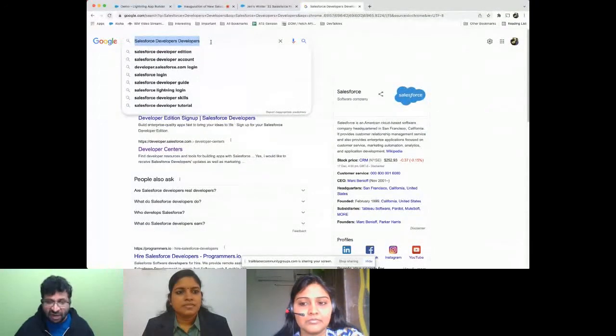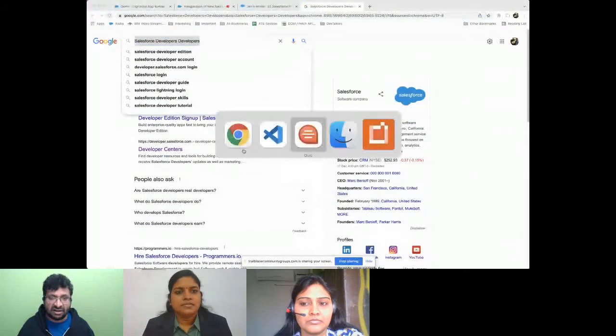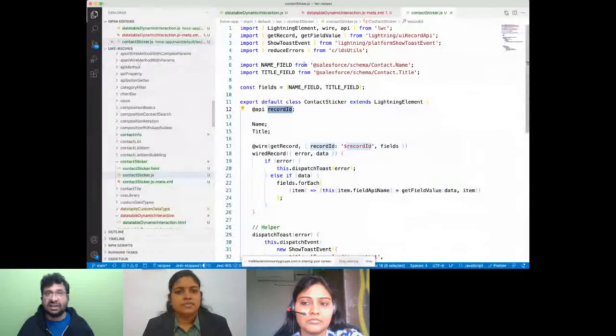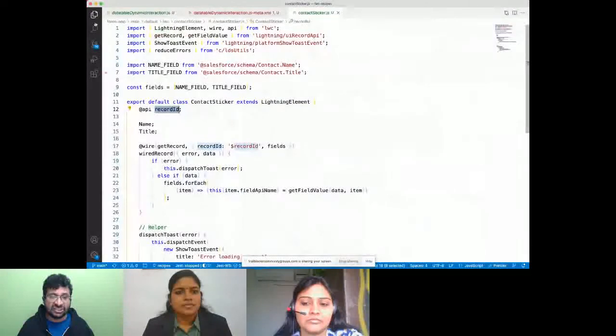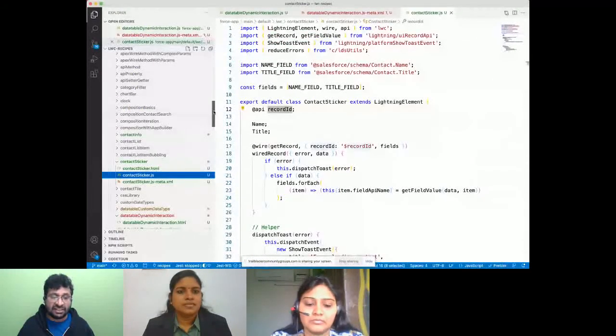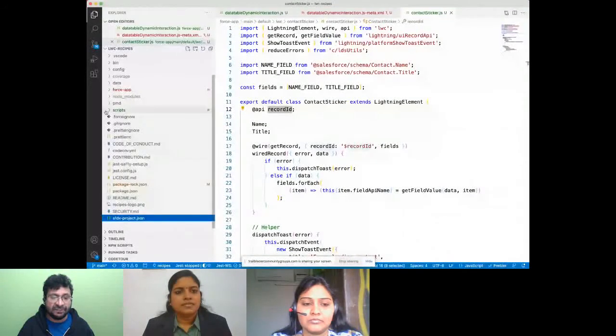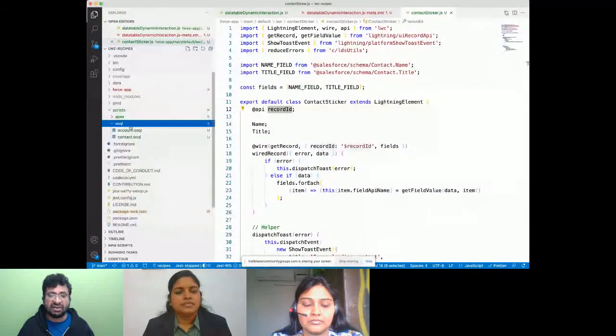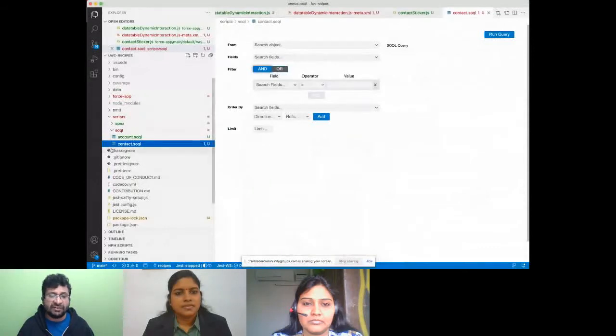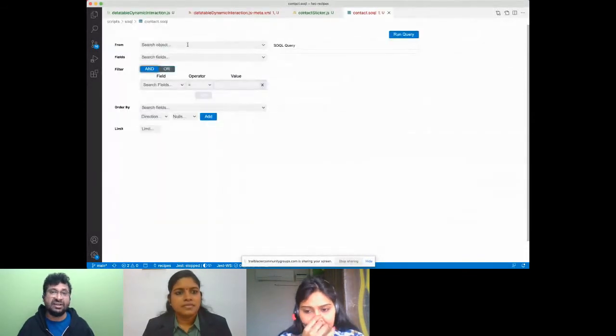And one more thing before I conclude the developer updates is we have something called SOQL Builder, which is generally available now. If you have some SOQL files in your file structure, for instance, I have created a scripts folder, and in my scripts folder I have created a contact.soql file. Whatever file you create, when you create a .soql file, it automatically opens the SOQL Builder for you. Now it is generally available, and you can dynamically create your SOQL queries.